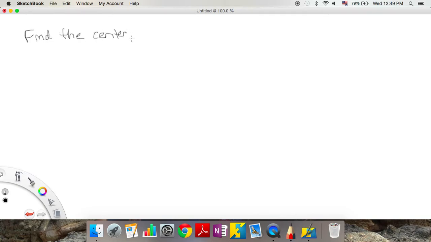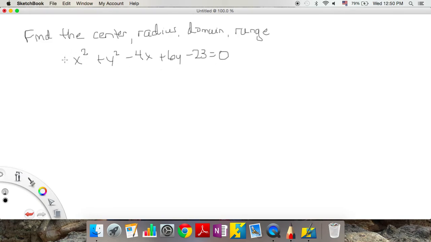So if we want to find the center, the radius, the domain, and the range for, let's say, this equation here. We have x squared plus y squared minus 4x plus 6y minus 23 equals 0. Well, we know it's a circle because the coefficient in front of the x squared and the coefficient in front of the y squared, that a and c, are equal to each other and they're not 0. So the first thing we need to do